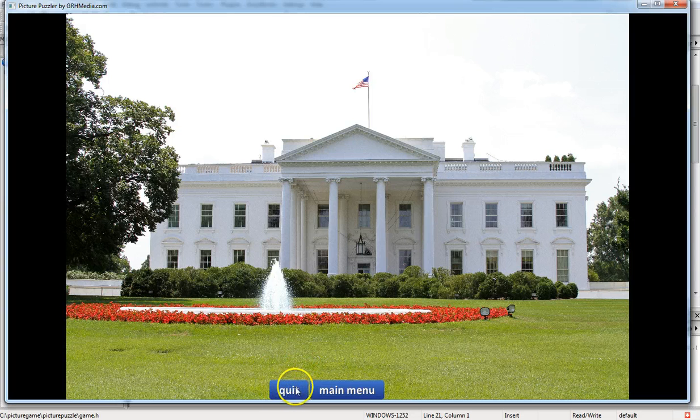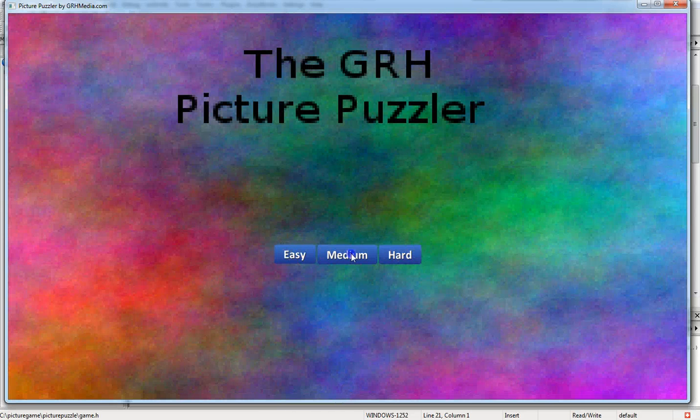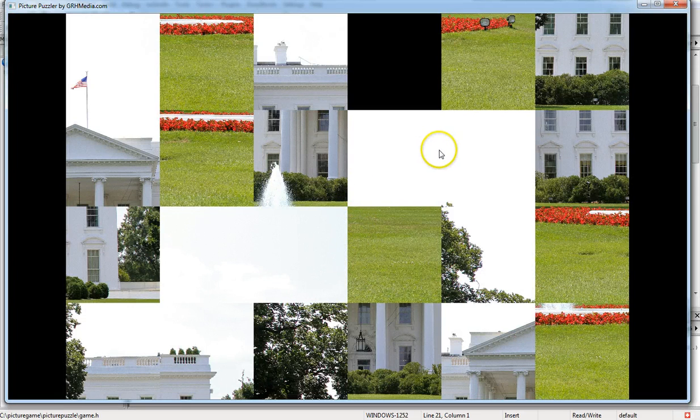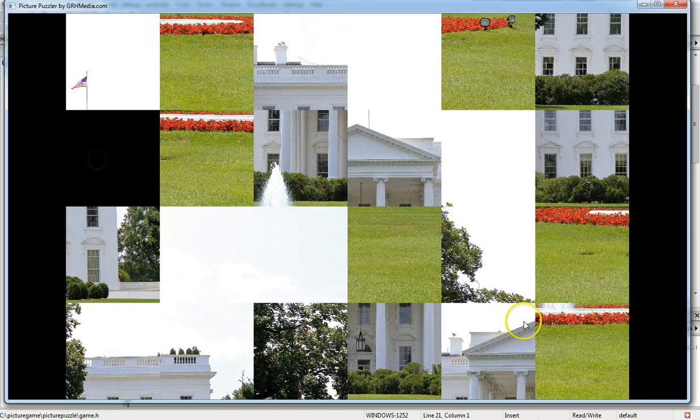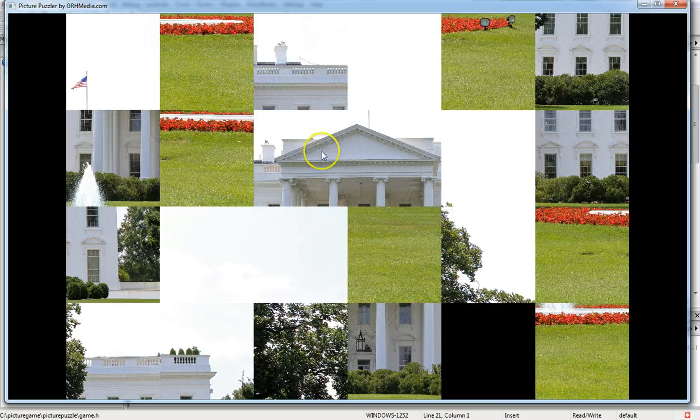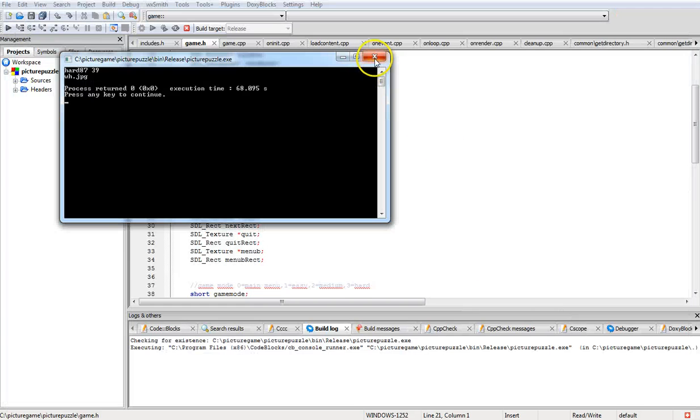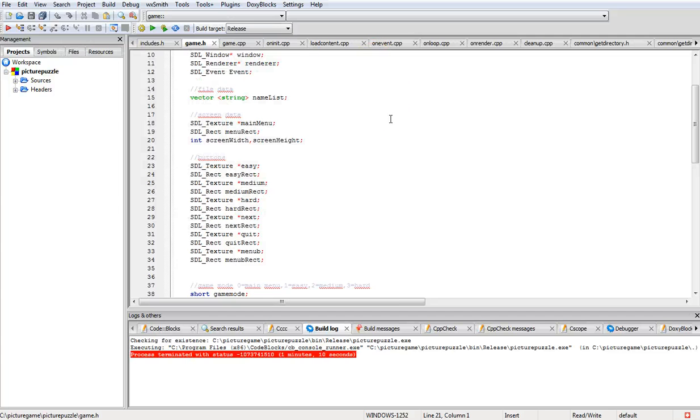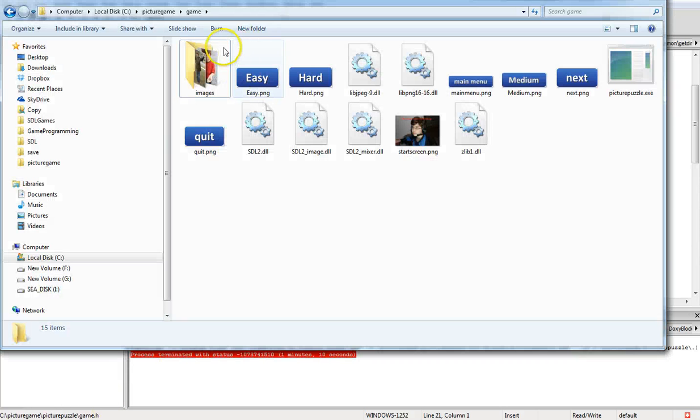You can go back to the main menu and try a medium difficulty, and you can see it comes up slightly more complex. I'll move this over to here and start building that way. But I'm going to close down because it'll take a minute or so to run through. I used it myself to give a simple set of photos